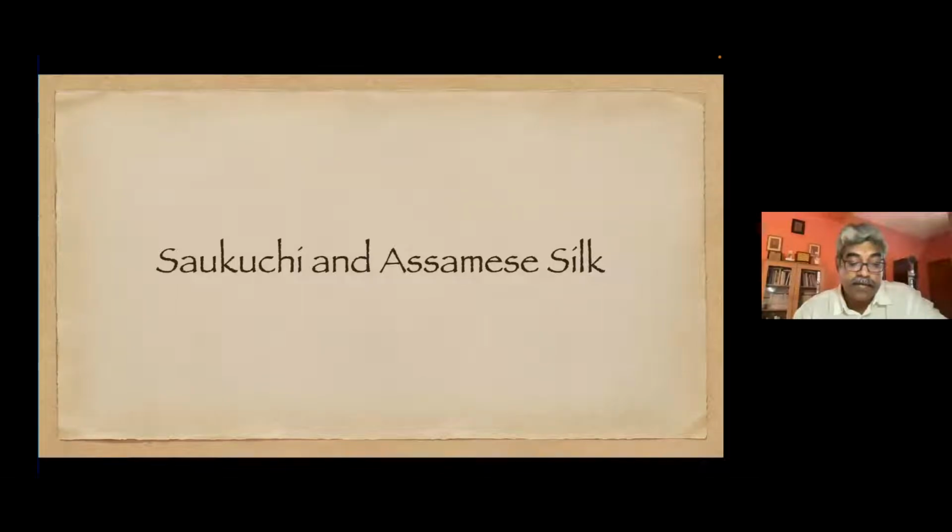Another attraction near Gauhati, about 29 kilometers from Gauhati, in the north of Gauhati, across the Brahmaputra on the north bank, is a village called Sualkuchi. Sorry for the spelling, it is S-U-A-L-K-U-C-H-I. Gauhati is located on the southern bank of the Brahmaputra, so you have to cross it. Now, this is a place known for Assamese silk,